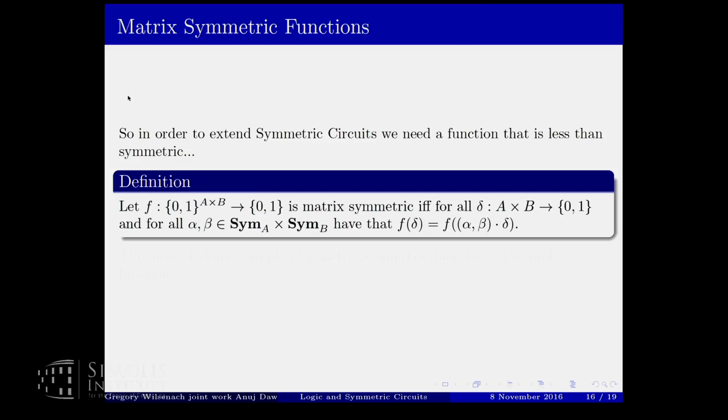So perhaps we should look at adding functions to the basis that are less than symmetric. So they aren't actually symmetric functions, but are perhaps structurally something symmetric. And of course, we're actually thinking on the side about rank logic, so we considered adding matrix symmetric functions. In this case, the input is structured as a matrix, and instead of requiring that the function is constant over any arbitrary permutation of the input, we say the function must be constant for any permutation of the columns and rows separately. And of course, the obvious example of a matrix symmetric function is a rank function.